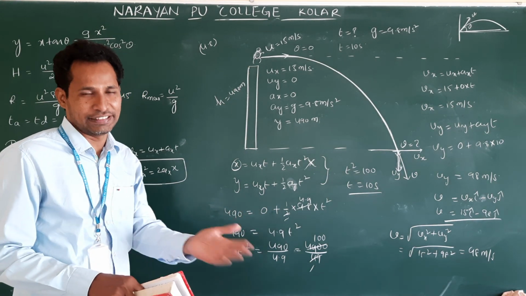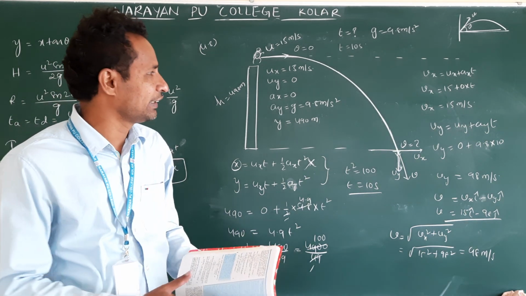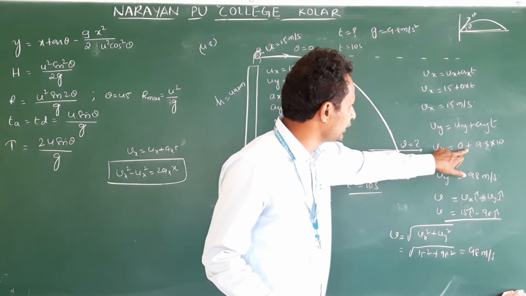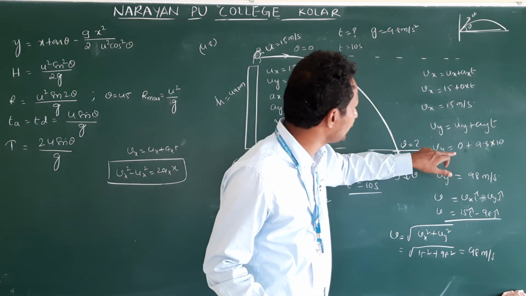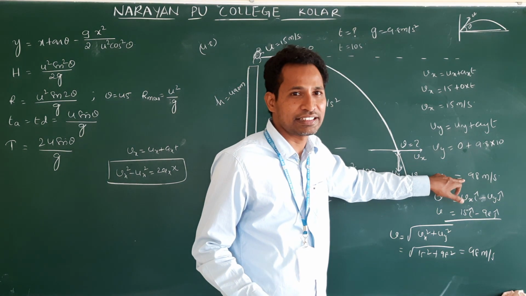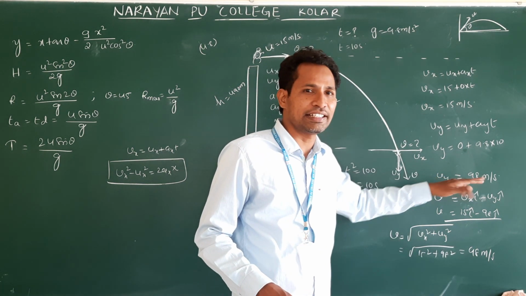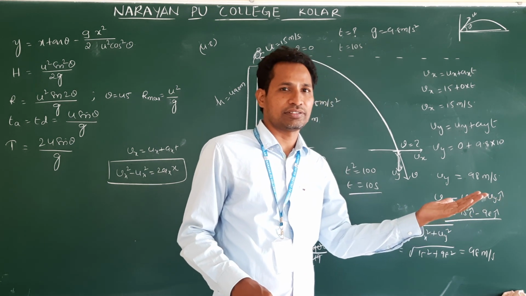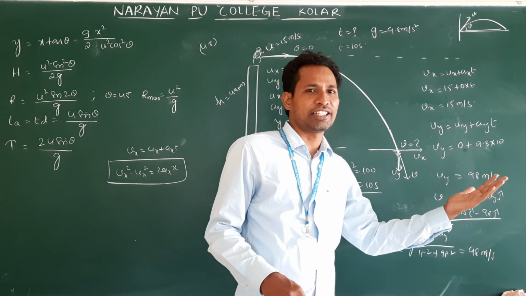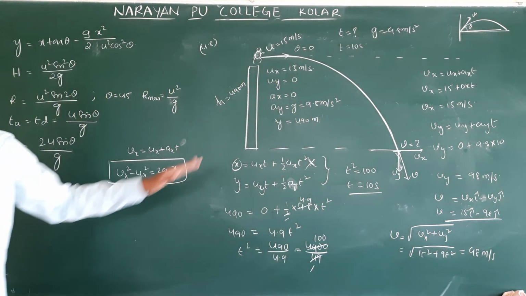Okay, don't worry. If you read the textbook, there is no confusion in that. They have given it very clearly. Here also it is said. Here we will get minus, here we will get minus, here you will get minus 98. The reason is that it is acting downwards. That's all. Minus in physics indicates the opposite direction. One is plus, another one is minus, meaning directions only. Minus indicates only direction in this lesson.